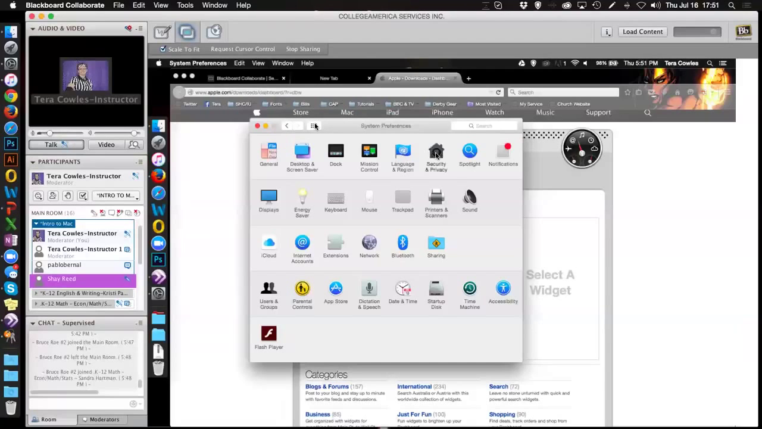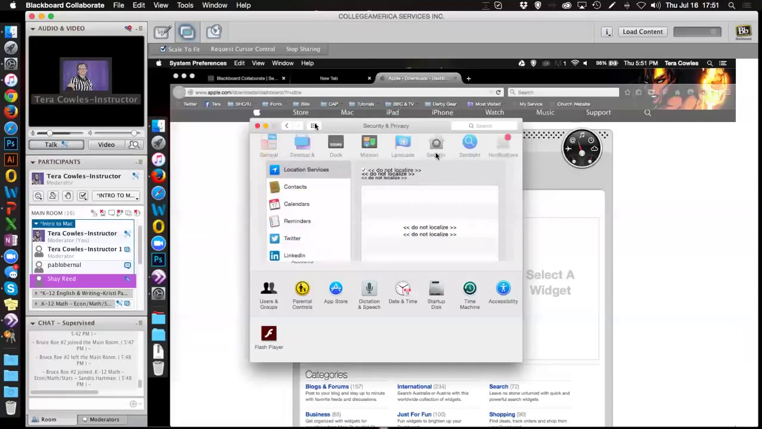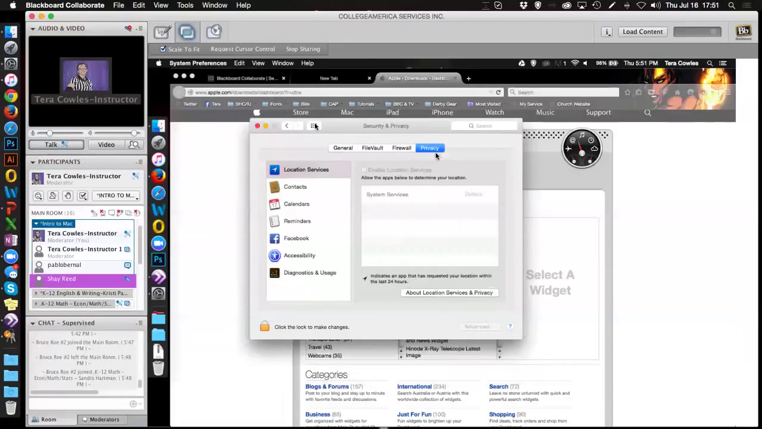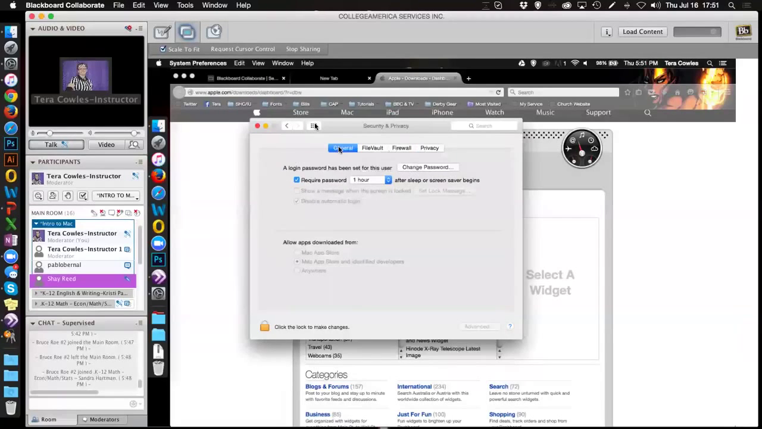Okay. Security and privacy. This is where you're going to go set up basic security preferences. You're going to set up your password in here. My password for one computer,